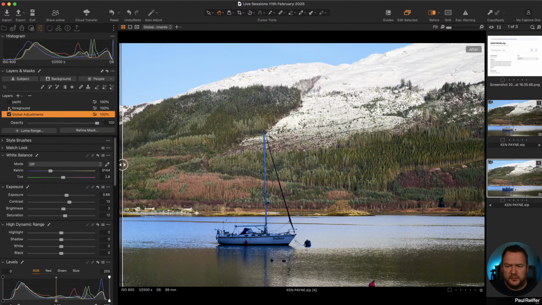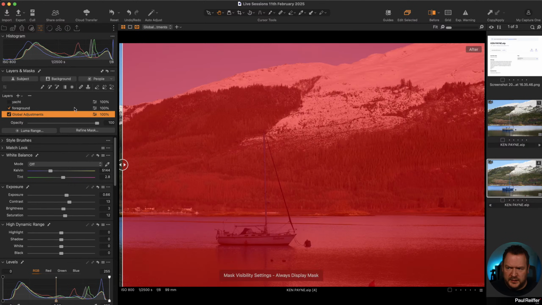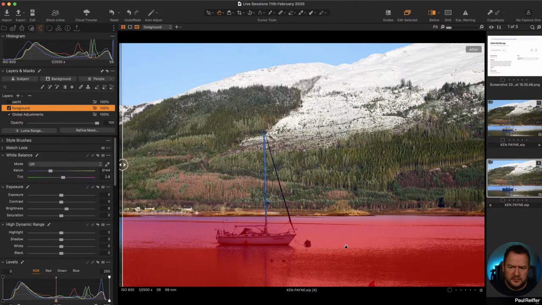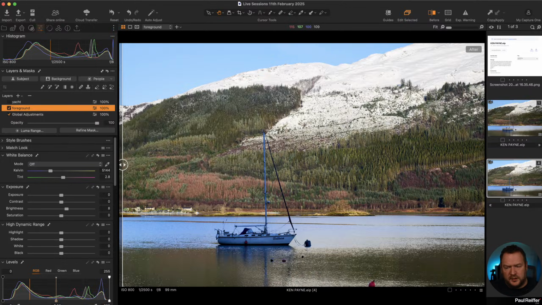So foreground, literally a masked layer just on this bottom part here, and that's to lift brightness. Makes sense a bit, I guess. This foreground's obviously sat in shadow, so that lifts it a little bit. Brightness being the one that won't affect pushing highlights or shadows the same way exposure does, by pushing them out of bounds, beyond 255 or beyond 0. The problem is it has a flattening effect.